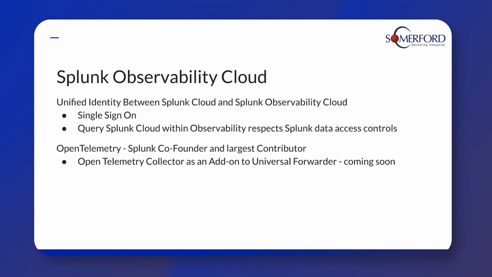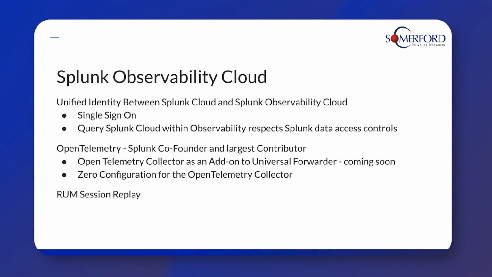But now adding it to the universal forwarder is going to really speed that process up to be able to collect traces and metrics and all sorts of different data out of all of your Unix and Windows machines, which is brilliant, really. Also, they've announced zero configuration for OpenTelemetry Collector. So this is if you've got the Java side of things going on correctly and you've got the right libraries, you can actually do it without any configuration. The Java will just pick up all your Java apps and the traces, turn those traces on, and send them into Splunk Application APM, which is a nice added feature, I would say.